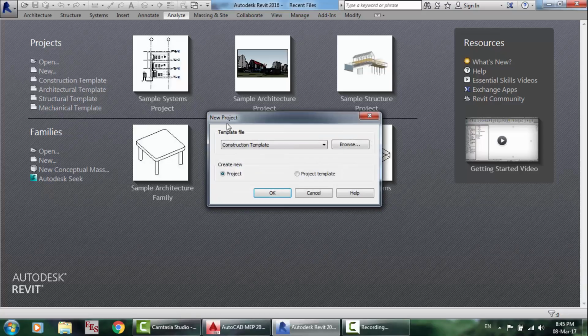If you click on new, you can use none. It means that you will begin your project from scratch, so you will not be able to find many options that are already carried out. And here we're gonna use the mechanical template,